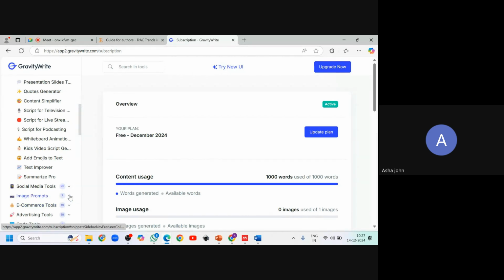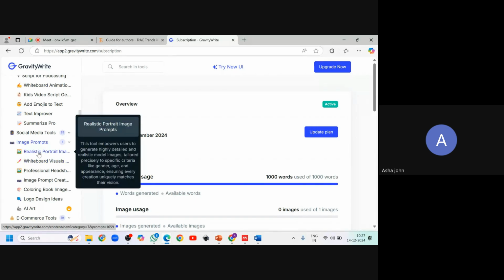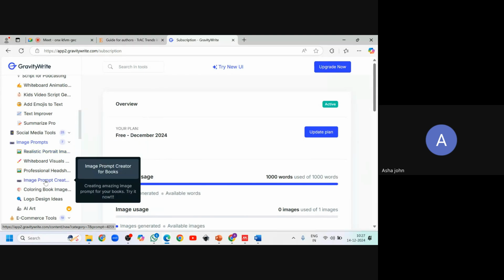And one other thing related to graphics is image prompts. To create a realistic portrait image, you can just give prompts and it will give you a very good image. Let's just check this.